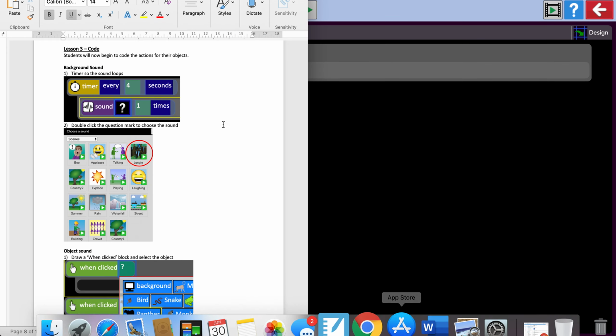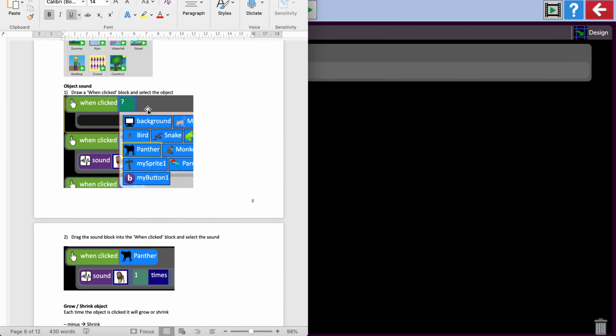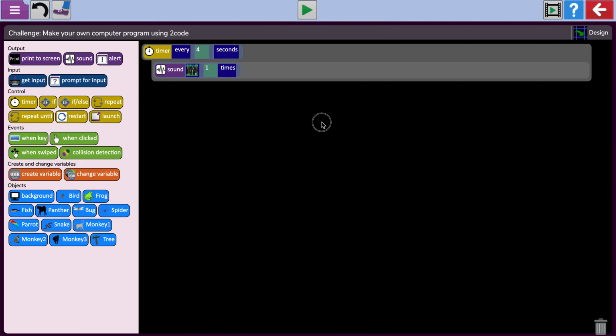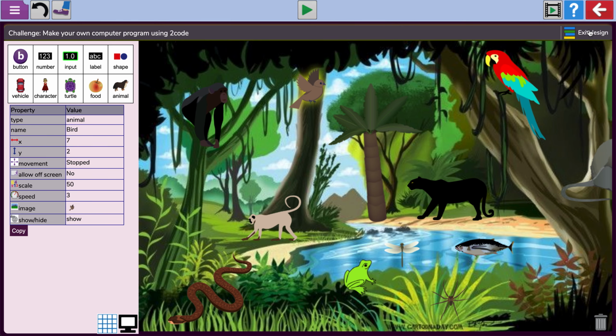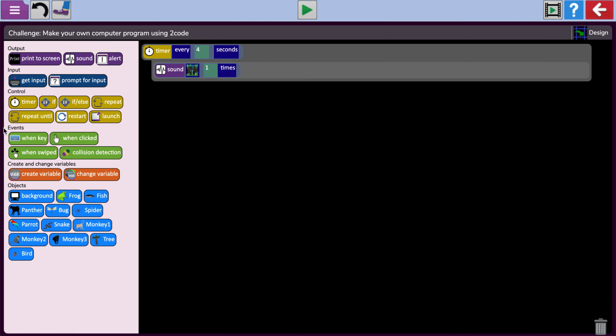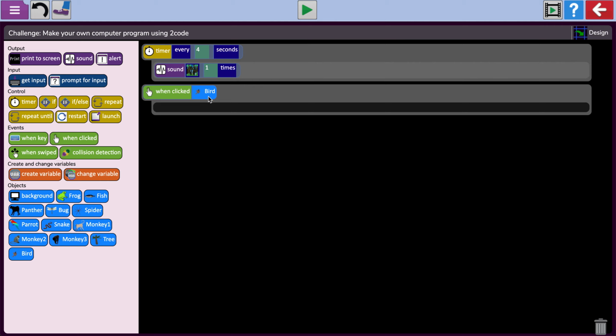The next thing I'm going to show you how to do is how to make an object make a sound. Now there's lots of different ways you can do this, but I think the best way is if you click something, it makes the sound. So I'm going to choose this bird over here. So you need to go to the event section. We're going to drag when clicked. You're going to choose what you want to be clicked. So I decided the bird. If I want that bird to make a sound when I click it, I'm going to drag the sound